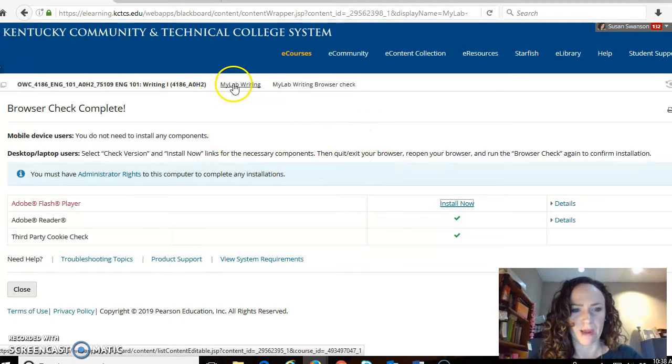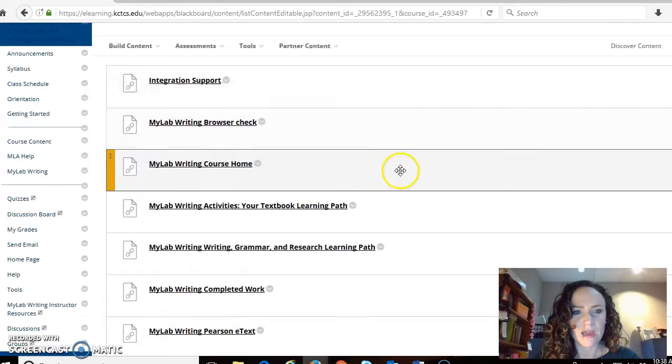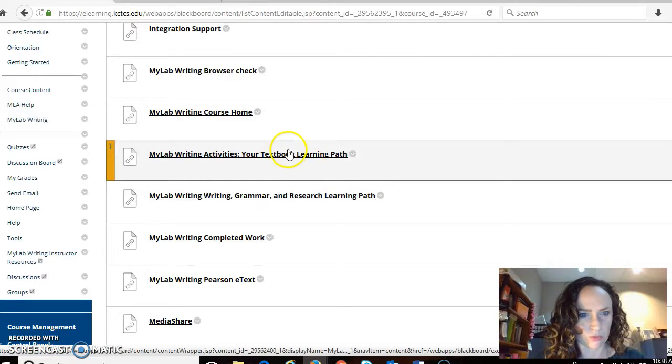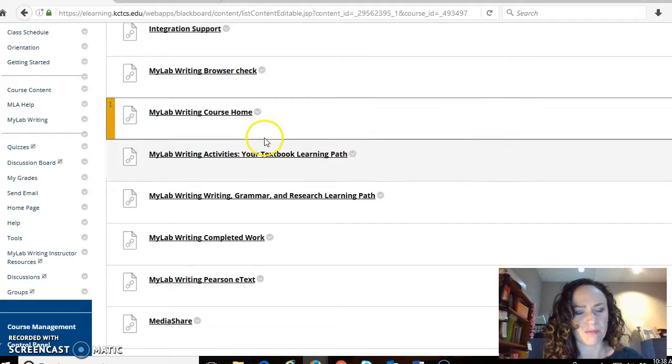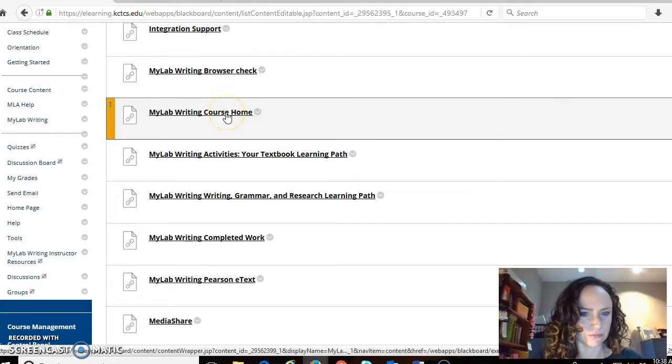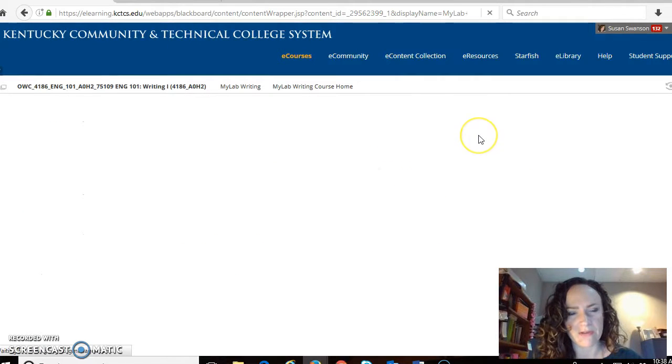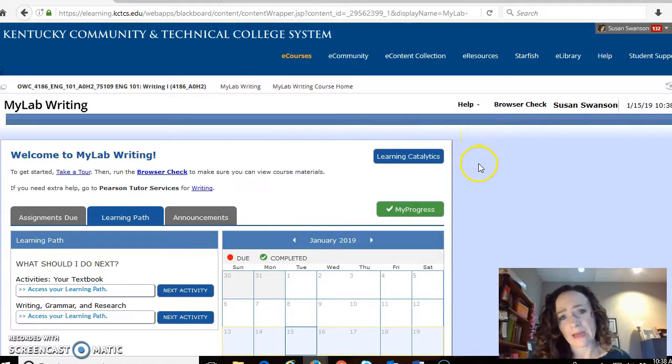So this is how to go back in Blackboard. My Writing Lab, or My Lab Writing is what it says. And once you have made sure that everything is updated, then you want to go to, well, there's a couple different places you could go. So My Writing Course Home, I think, is the one that, yes, this is a new tab, and so I find it a little bit confusing, but it may help you